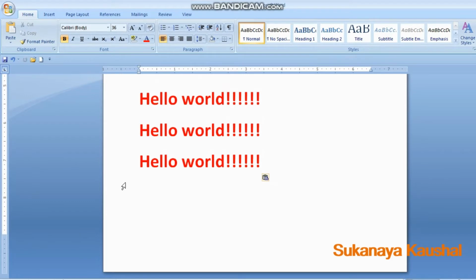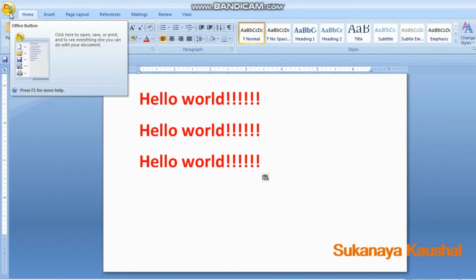Now I want to make another copy. Save as is used after the first save, and it saves a document with a new name and with a different location. You can also store it in another location, or save it as another file.